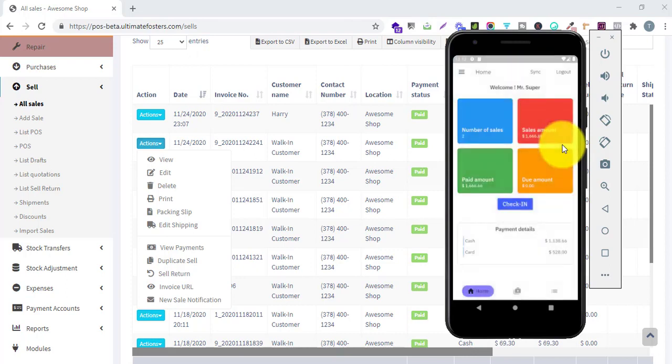So I hope you really like all these features. We will also add many new features, and we will keep developing this